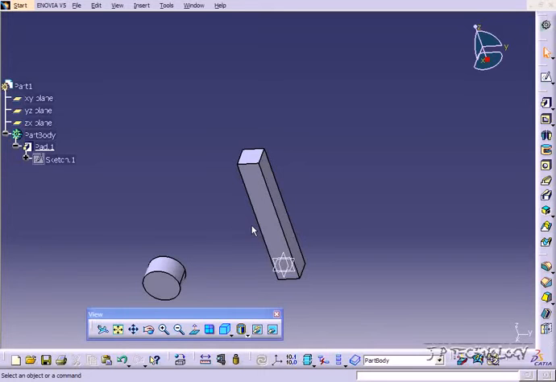This is tutorial number 65, and it covers how to use the variable angle draft within Catia v5. To start off, open up tutorial part number 64, which is located on the DVD. Now, once you've done that, the variable angle draft can be found in the toolbar over here, or if you